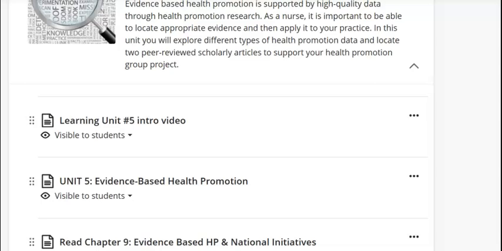We're on to learning unit number 5. In this learning unit, you'll see by the introduction that evidence-based health promotion is supported by high-quality data through health promotion research. As a nurse, it's important to be able to locate good and appropriate evidence and then apply it to your practice. And this is whether you're in health promotion or whether you're in acute care practice, it doesn't matter. Across the healthcare continuum, as a nurse, you do need to be able to locate good evidence and apply